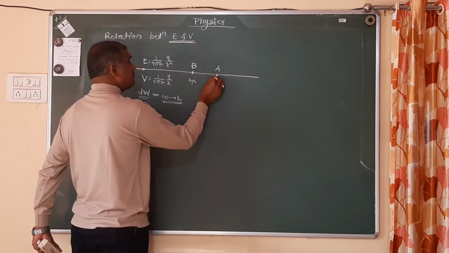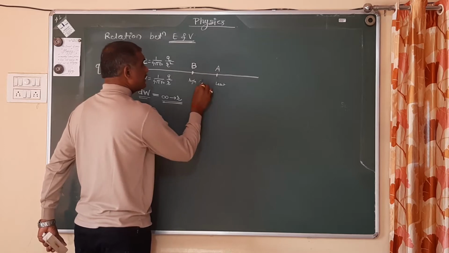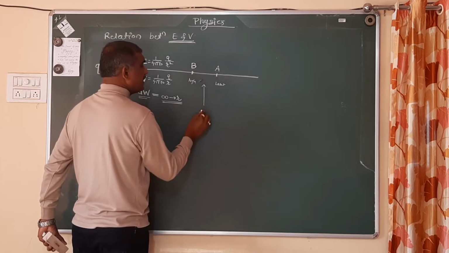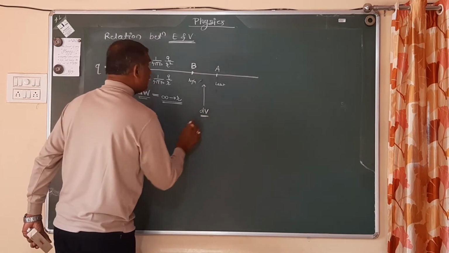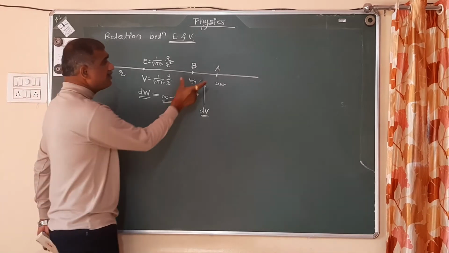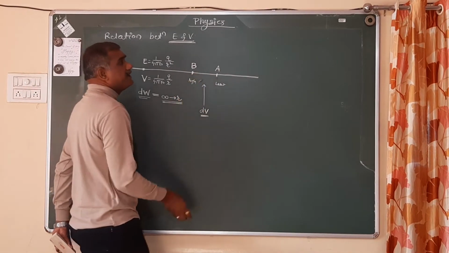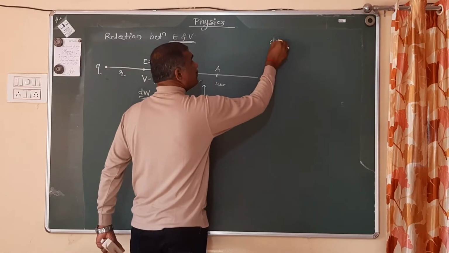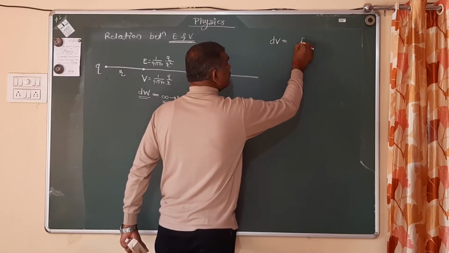Suppose the potential difference between A and B is denoted as dV. That potential difference between A and B is equal to dV. Initially, whenever you want to find the relation between E and V, you should consider the potential difference between two points A and B. I am writing that the potential difference between A and B is exactly equal to